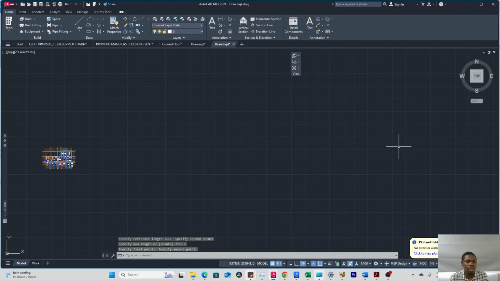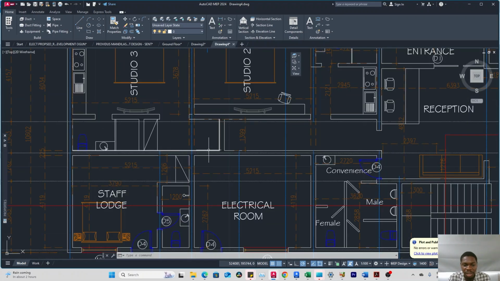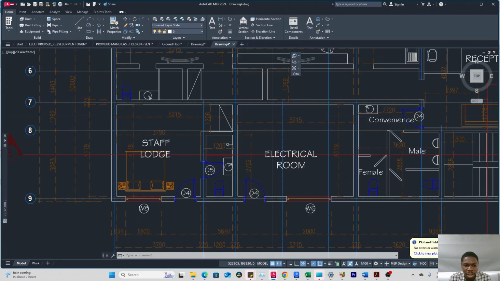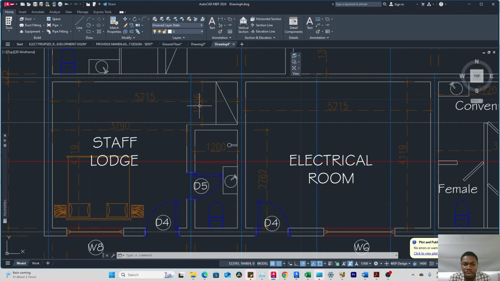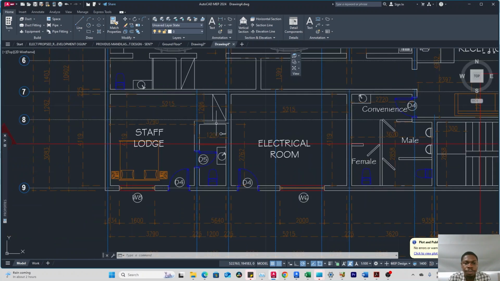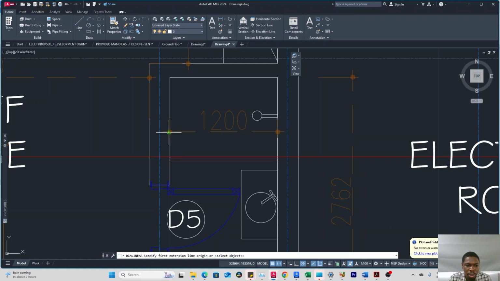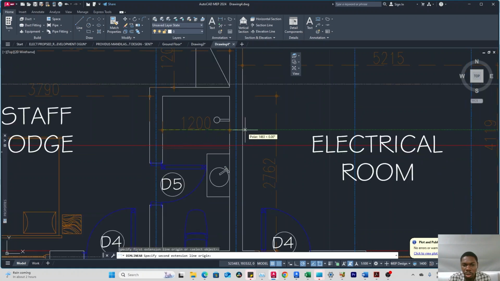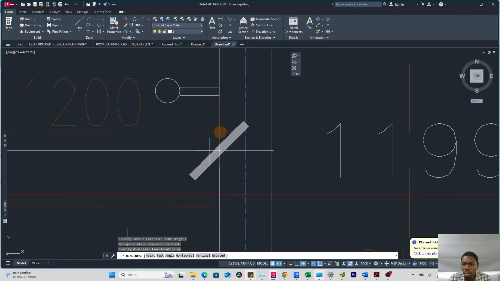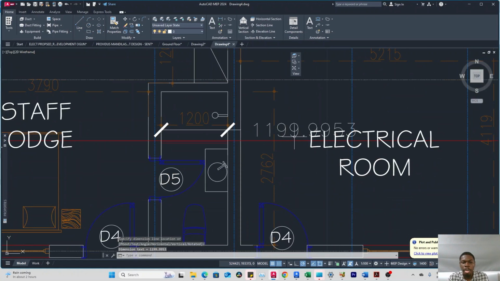Okay, can you see the magic? All right, this is my scale drawing, so let me check if it has properly scaled. I'll go to my dimension, then click here, then click here. So there you go. This is